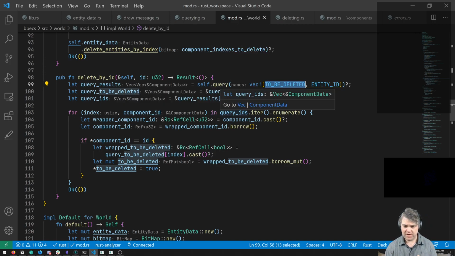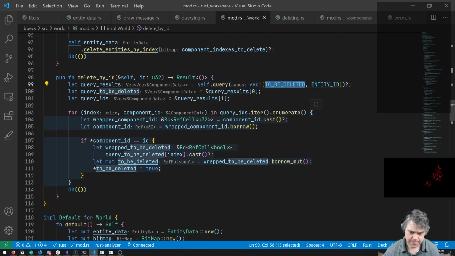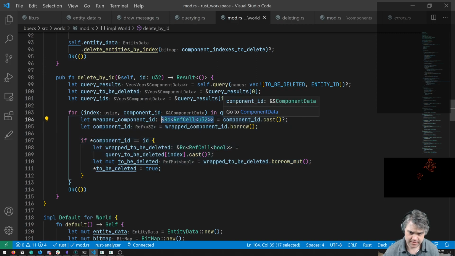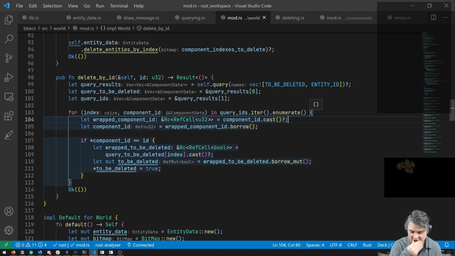Okay, so now we're going to go after query IDs to iter, enumerate, wrapped component ID. Okay, so component ID passed here.